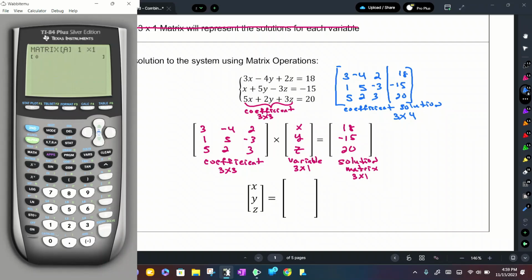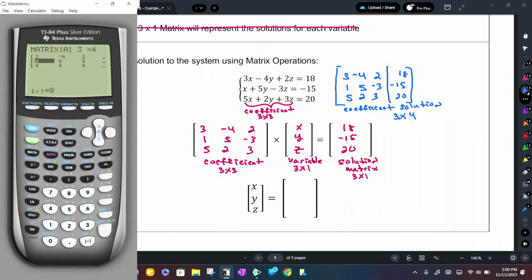From there, notice it says 1 by 1. This tells me that we have a 1 by 1 matrix, so I need to change this to a 3 by 4. I just hit 3, enter, 4. I hit enter, and notice my matrix is very different. And I'm going to enter this matrix over here. So we're going to enter 3, enter negative 4, enter 2, enter